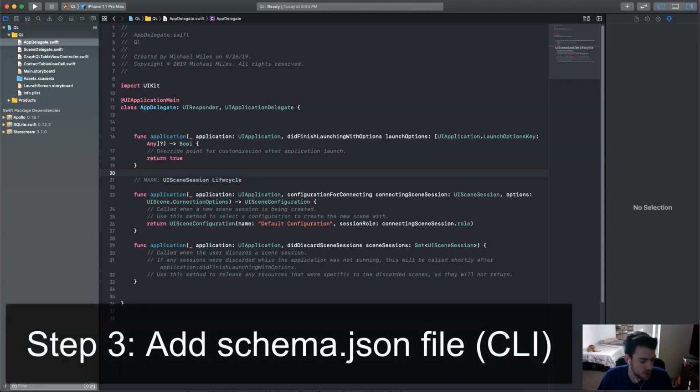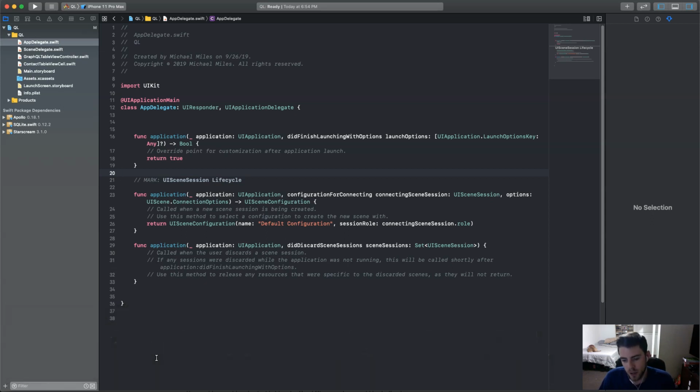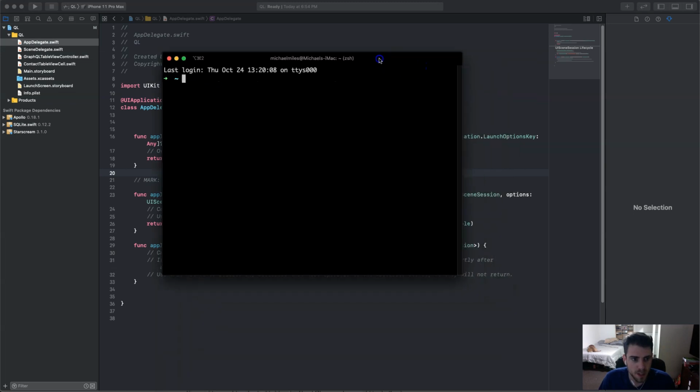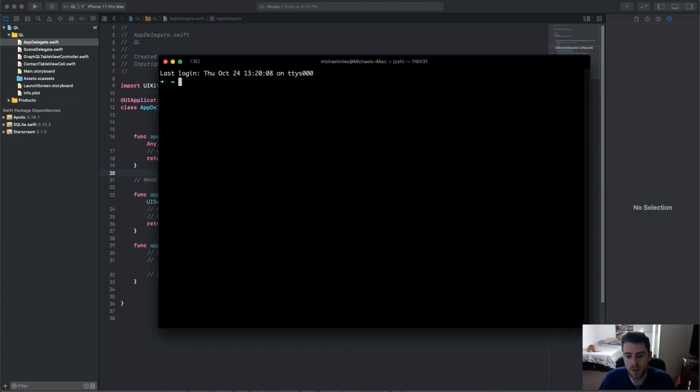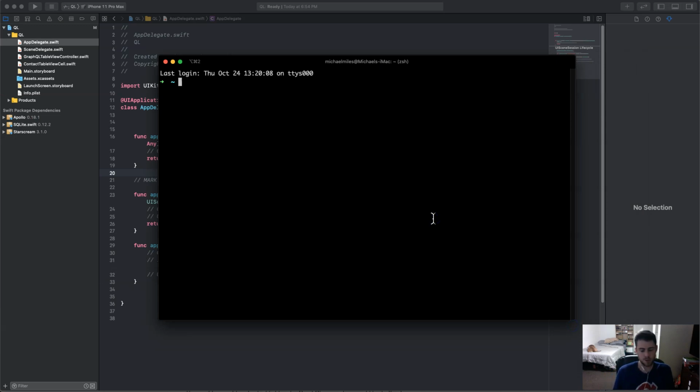Now, if you remember step 3, it was to add a schema JSON file into our app, and you can find that if it's remote. You can use this handy command line tool here, and it's going to download. So let's go ahead and CD into the folder we want to download it in. CD desktop. And then we're going to use Node Package Manager to install the GraphQL Schema command line tool. So it's going to be sudo npm install